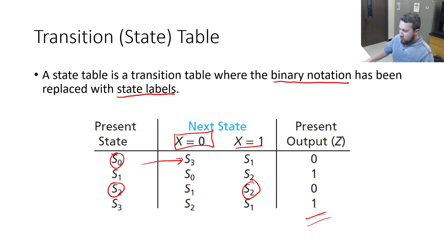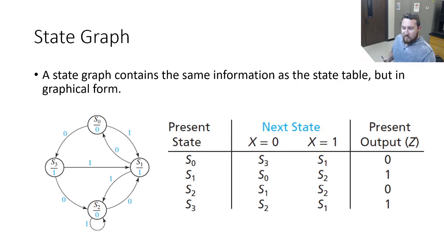All right, this is going to go pretty quick. So finally, we've got the state graph. The state graph contains all of the same information as the state table. It's just done in a graphical form. And for this machine, a Moore machine where the present output is only dependent on the state, this is what it looks like. So I'm going to label this as a Moore